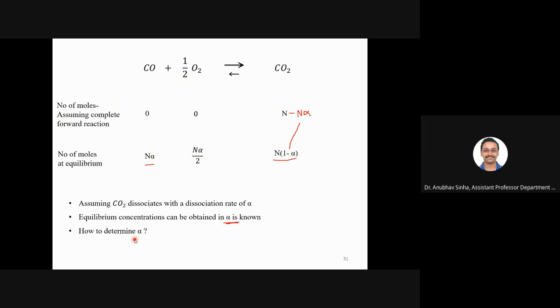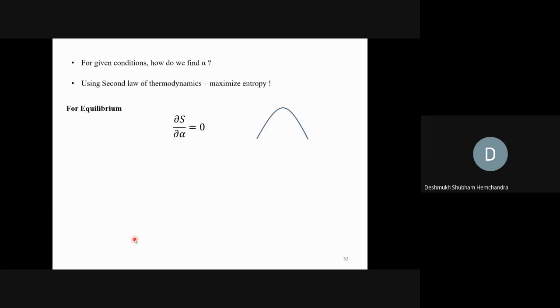Yeah, very good. So at equilibrium, your entropy will be what? Minimum or maximum? It will be minimum. It will be maximum. You have almost correct. Let me explain. At equilibrium, let us say here, your entropy is at this point. If you go to forward or backward direction, your entropy is changing.